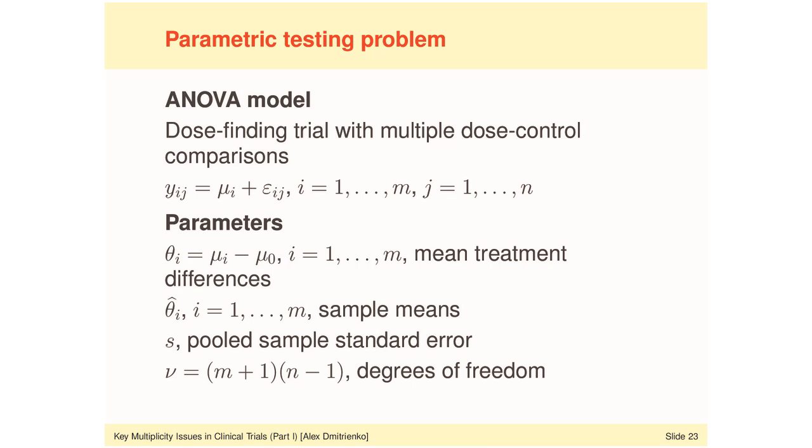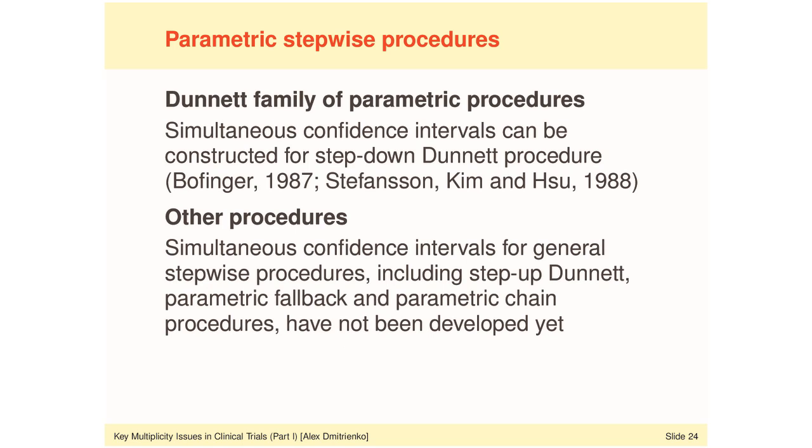And the final parameter that we will use in this section of the module is the number of degrees of freedom, denoted by nu, and it's a simple product of m plus 1 times n minus 1, because we here assume a balanced trial design with n patients per arm. In this parametric setting, we can define simultaneous confidence intervals for the Dunnett family of parametric procedures that we introduced